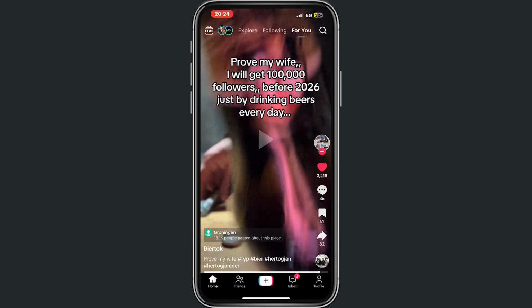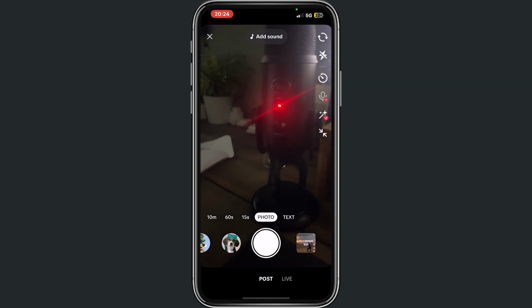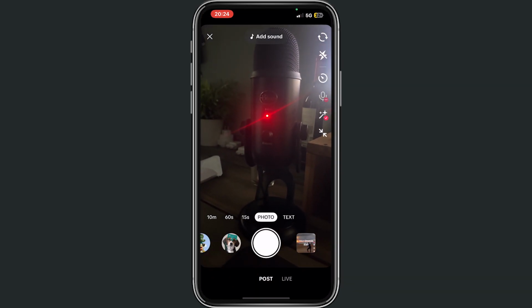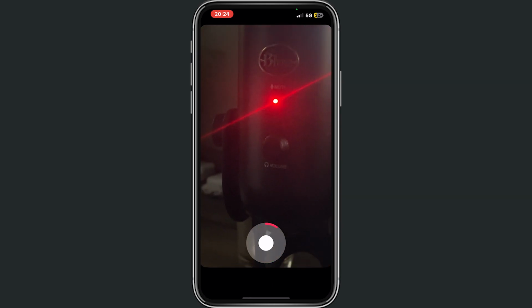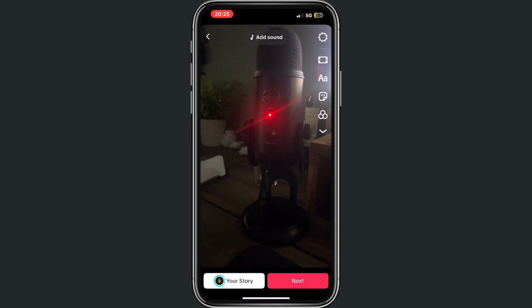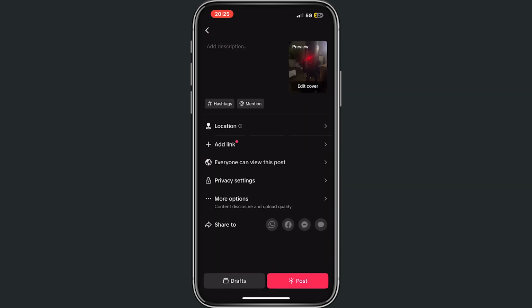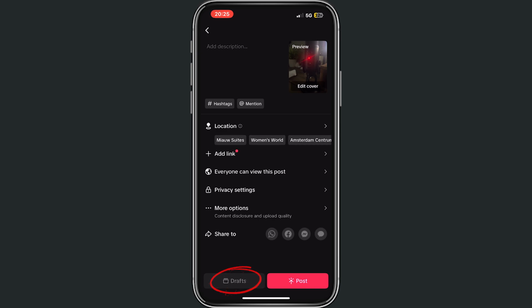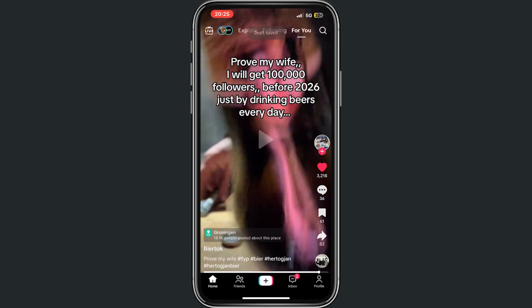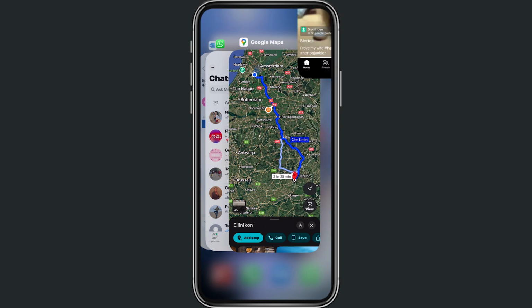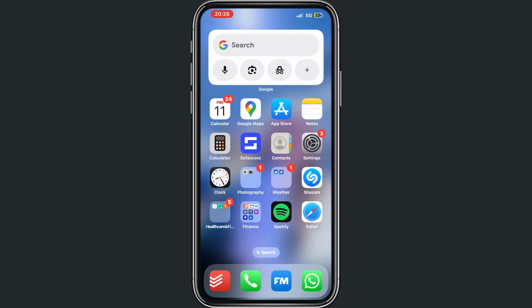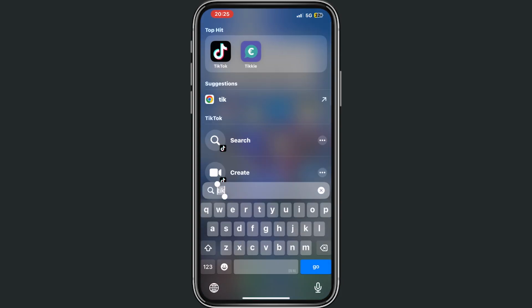And for this we first will create one, and then after that I will show you exactly how you can find your draft. Alright, first of all we click on the plus icon, and then from now I will fill my microphone and I want to record a video. Then stop it, and then right now we do next, and then after that we do drafts. Then from now I will remove or close this application, and then right now if I go to TikTok again